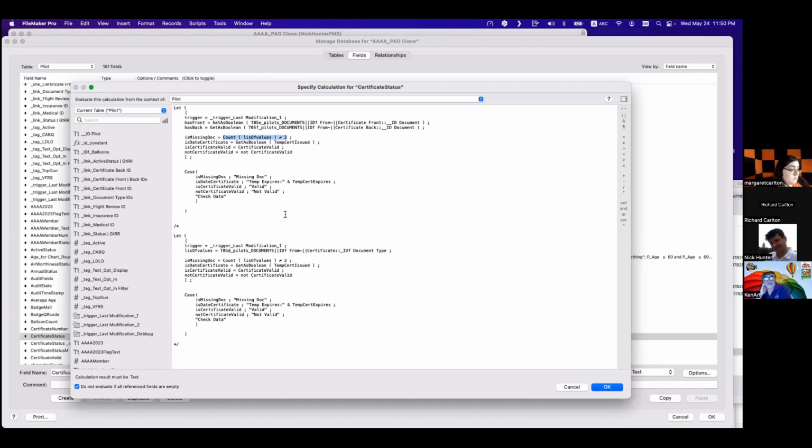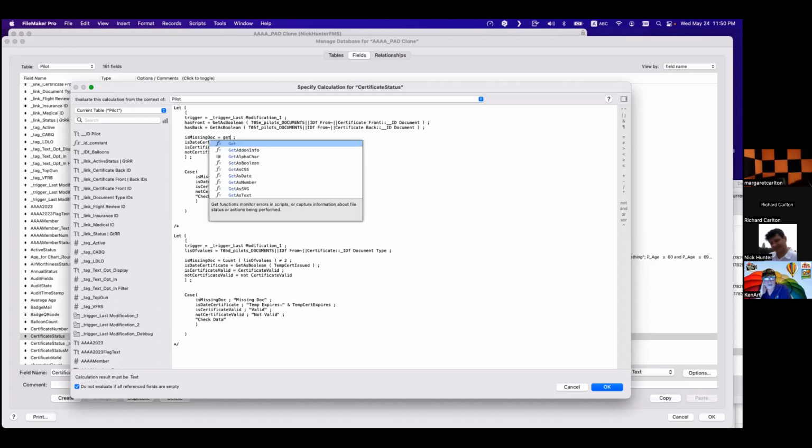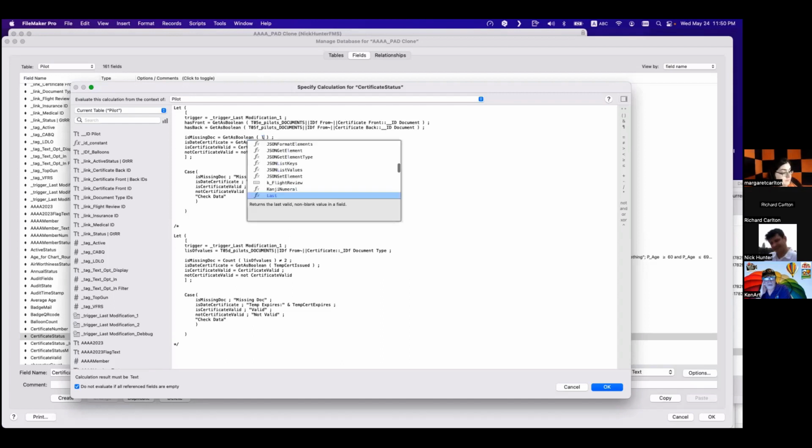So what we do with this? So the missing doc will be that both missing. So we do the same, right? Get as boolean the list of has front, right? And has back. And I want this.